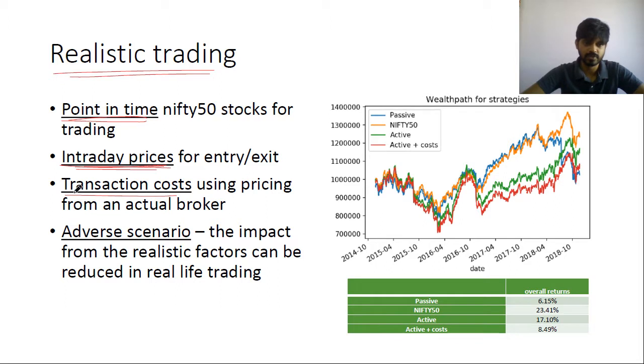I've also used transaction costs. So I've used this model from actual broker. So the costs are going to be 0.1% capped to a maximum of 20 rupees for each transaction. So I found a transaction cost to be about 80k. So when I'm trading about 1 million in capital, I get about 80k over 4 years.